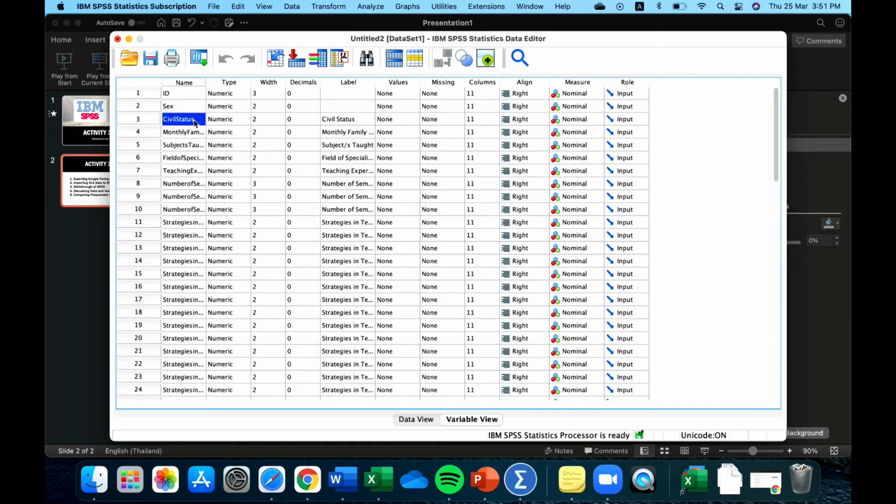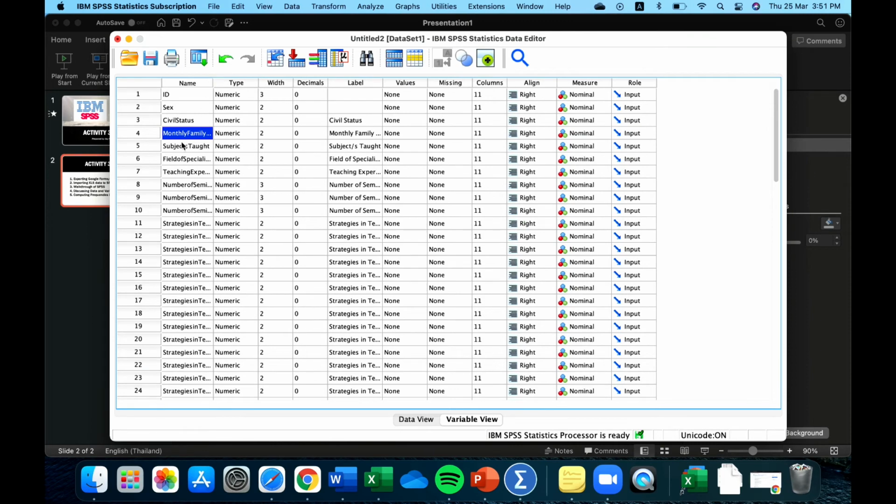If you can observe, in this column you cannot put in a space, so it's only code. What if in the report we wanted to display civil status with a space? All you need to do is go to label, and in here you type civil status,